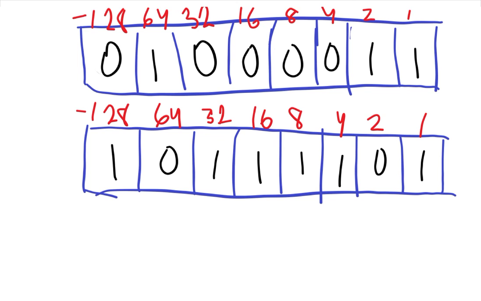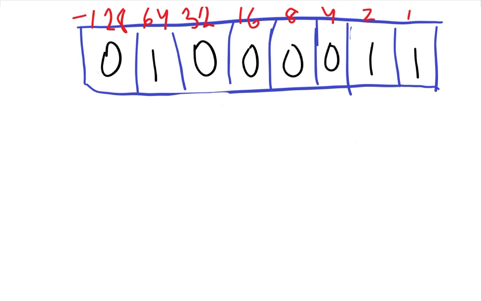However, looking at the two binary numbers, there is another possible way to find the binary representation of a negative denary number. First, write the number as a positive binary value, in this case 67, is equivalent to 0, 1, 0, 0, 0, 0, 1, 1. We then invert each binary value, which means swap the ones and zeros around. This would give us 1, 0, 1, 1, 1, 1,